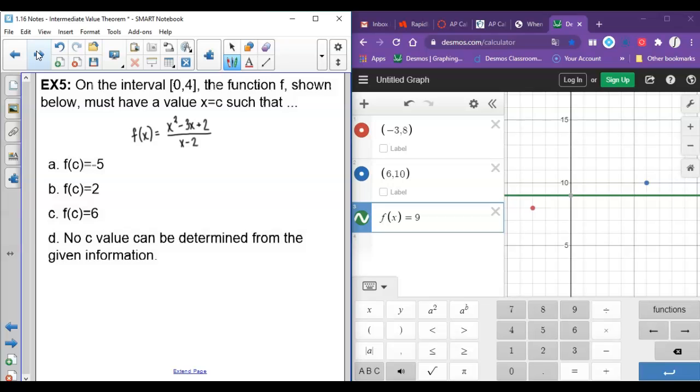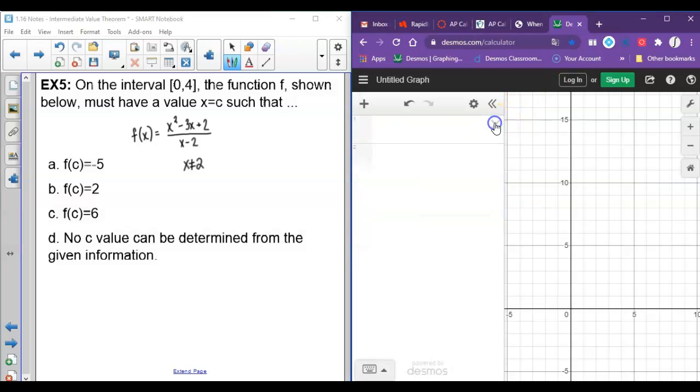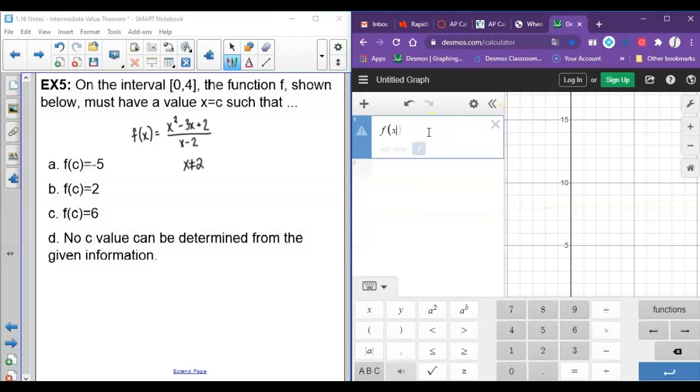And those circumstances are that we are dealing with a continuous function. So in this case, if we look right here at this denominator, we have a discontinuity at x equals 2. So this function is going to be discontinuous at x equals 2. It is going to be a hole in the graph. So if I go over here, let me graph it really quickly. See, Desmos could get you in trouble if you were allowed to use it,